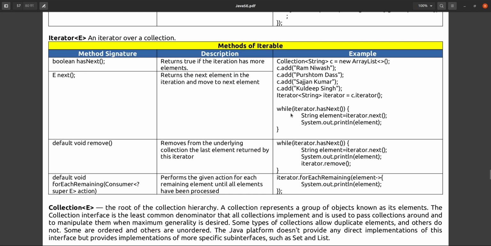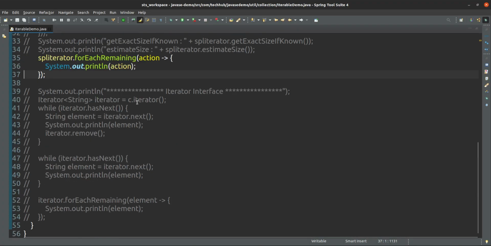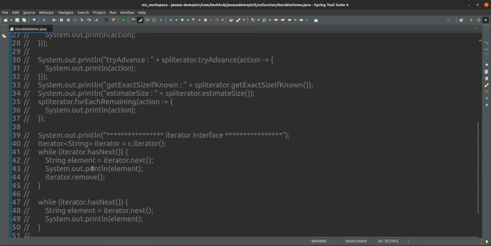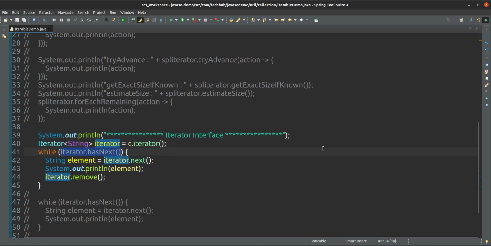Okay, so this is the example of that one. I will comment this one, comment this also. So we will see this iterator now. First, what I have done is get the iterator with c.iterator, and I am checking this iterator in a while loop.